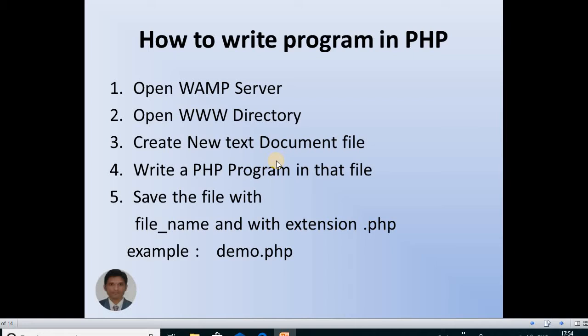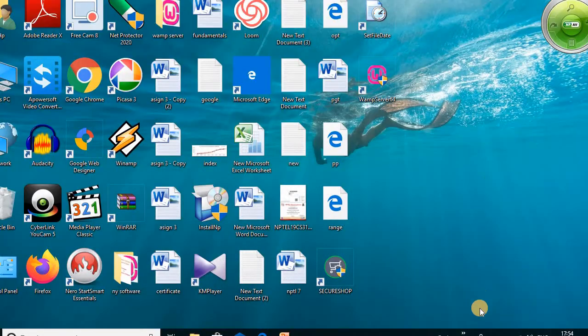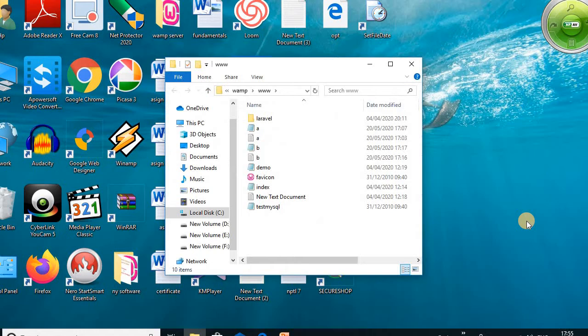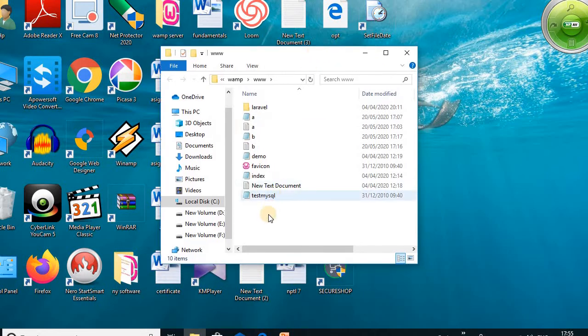Now we will see how we can write a program in PHP. After clicking the W icon, it will show all the options from the WAMP server. First of all, we click on the www directory. In the www directory, you can create a new notepad file.